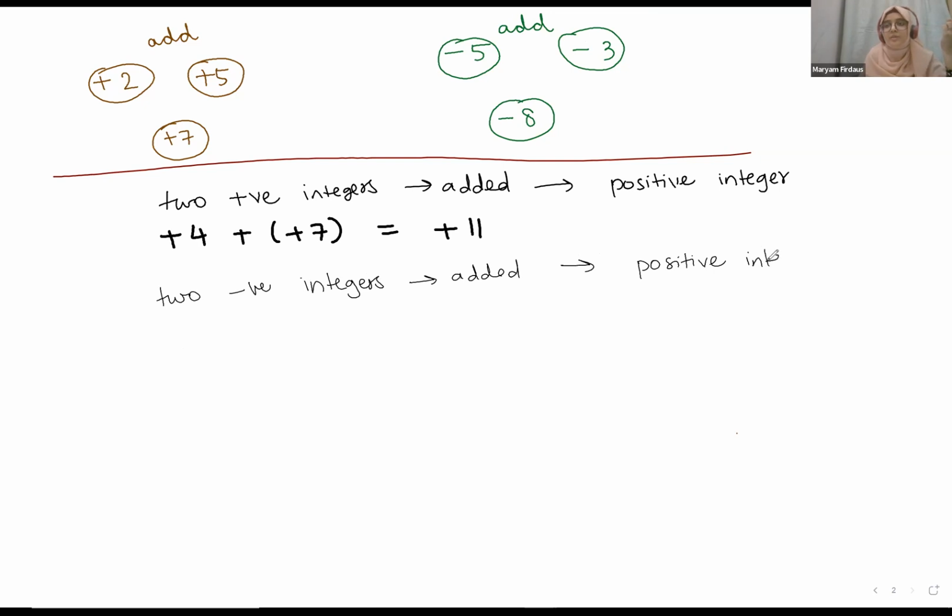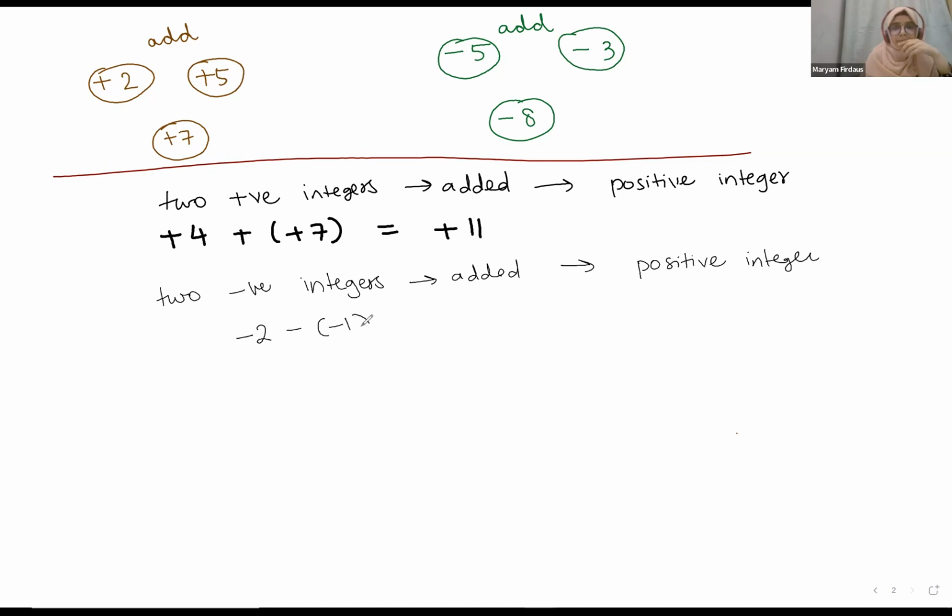Is this true or false? This is true. Can you give me examples? Yeah. -2 minus -1 is equal to